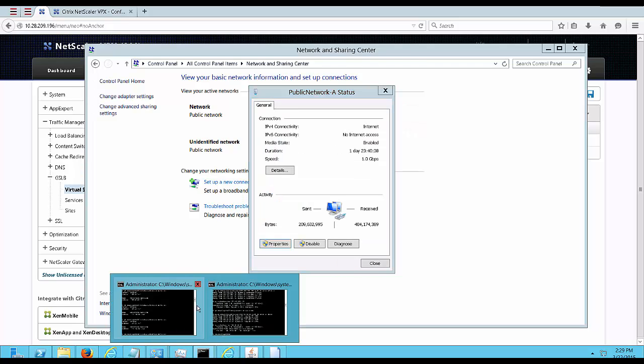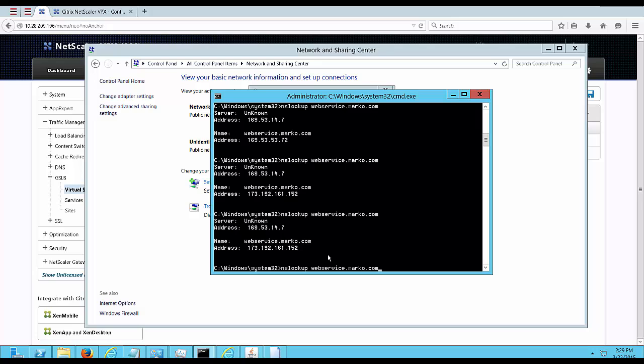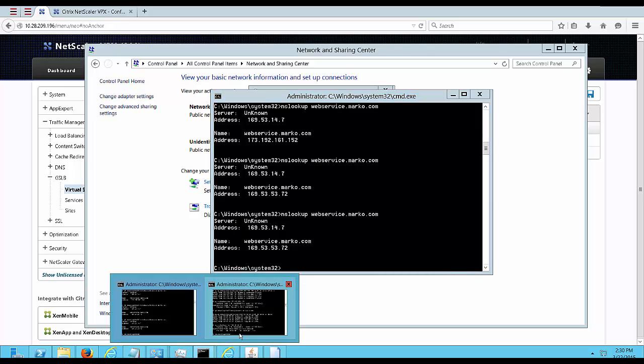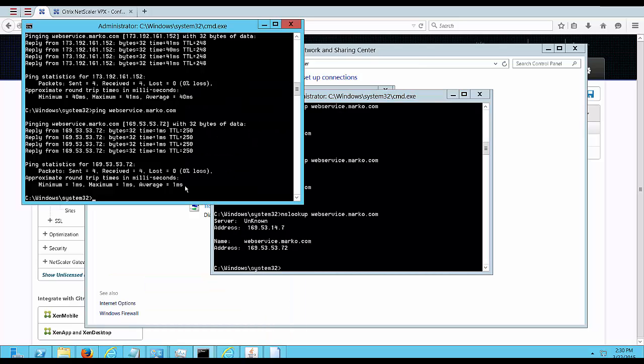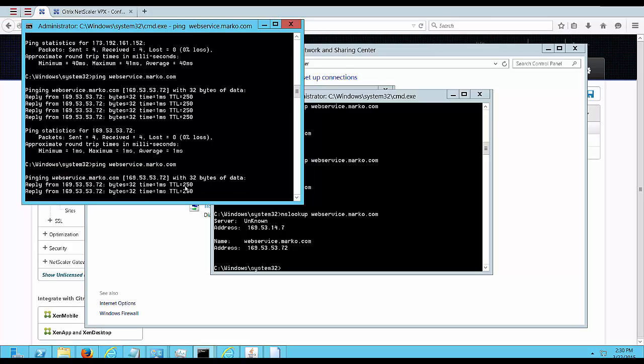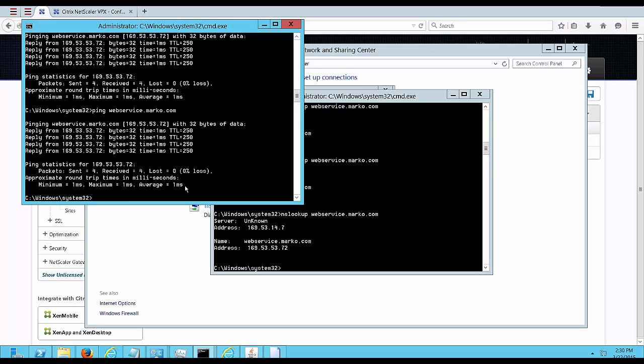So if we come up here and do a lookup for webservice.marco, we end up with 72. If we do a ping to webservice.marco, we should come back with a 72 address. I guess the best way to do this here is